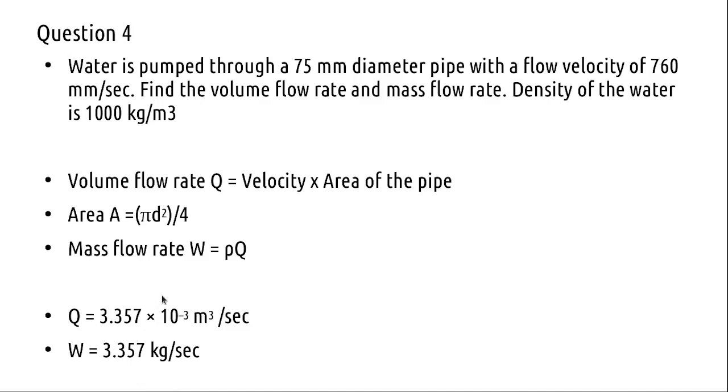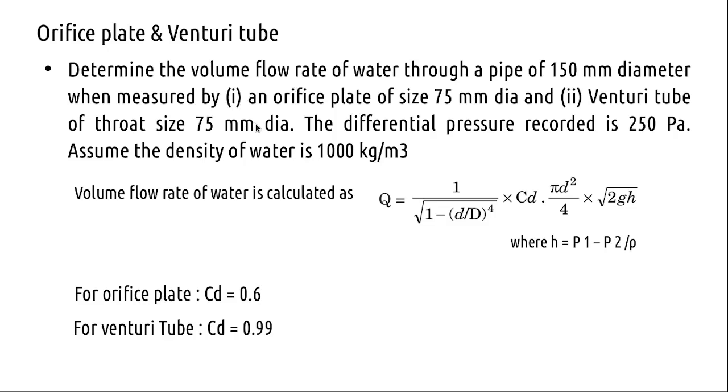So the next question is about the orifice plate and Venturi tube. If you recollect, the orifice plate is just a small plate with a hole which is placed in the path of the fluid flow, and the opening dimension is this small d. The key parameter in orifice plate is the coefficient of discharge, CD. Usually for orifice plates the coefficient of discharge is 0.6, and for Venturi tubes it's